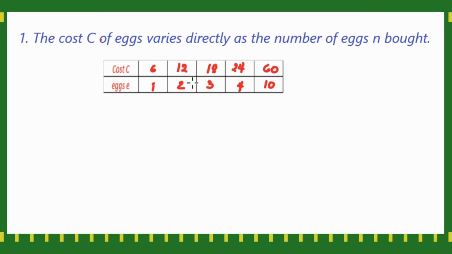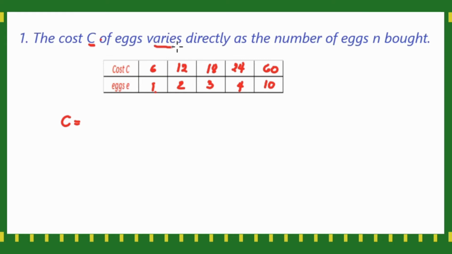Paano ang direct variation? As the number of eggs that you've bought increases, so habang dumadami yung binibili mong itlog, the cost C or the amount also increases. Tumataas din yung kailangan mong bayaran or the amount that you're going to pay. So if you're going to translate this, the cost C, gagawa tayo ng statement. So C is equal to